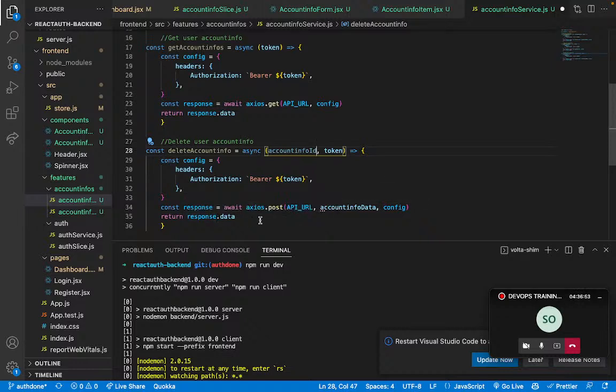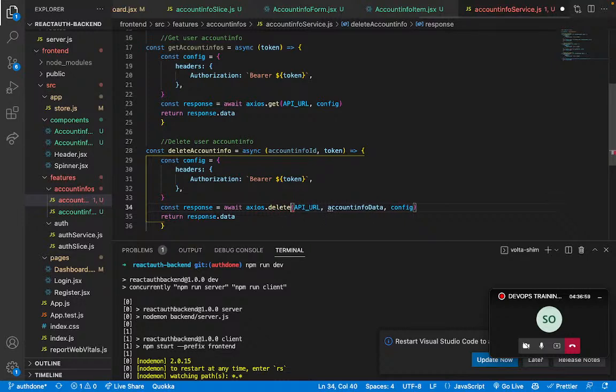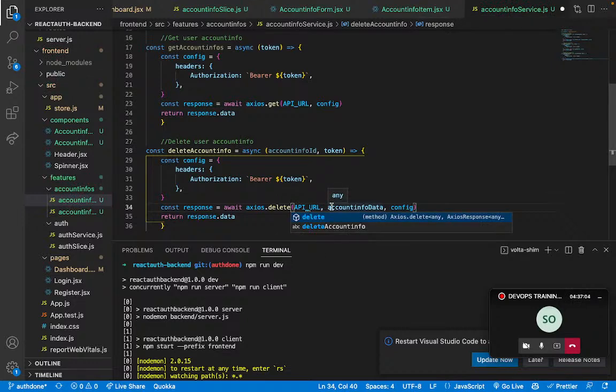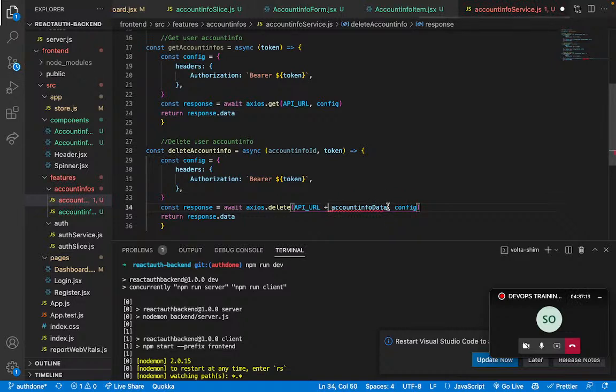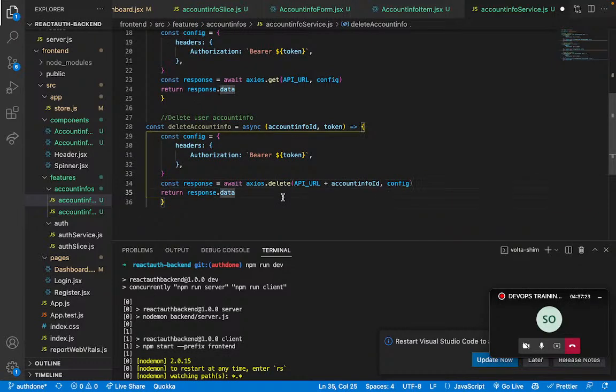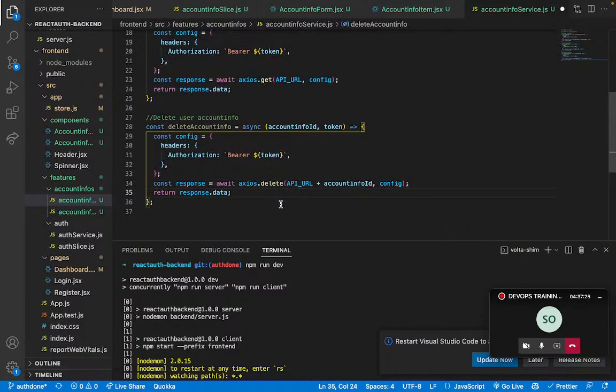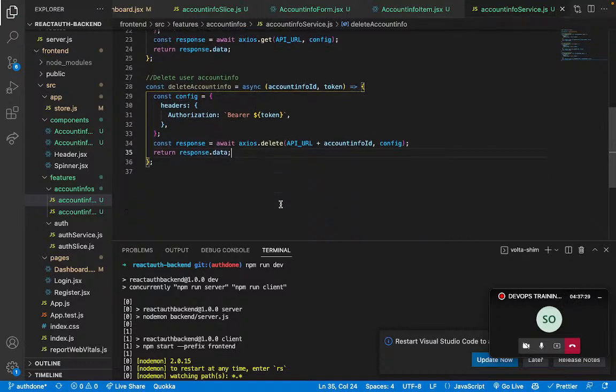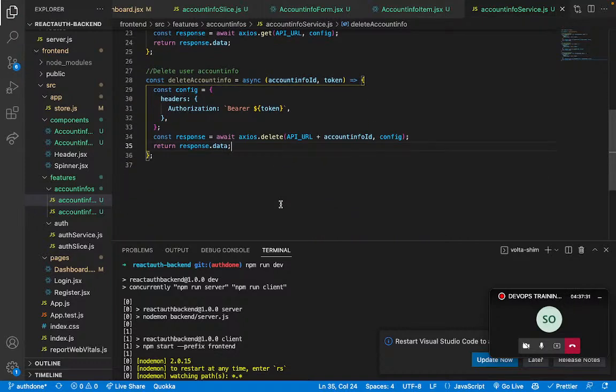Then axios.delete, not post this time around. So still the API URL, but then I'm going to add the ID. So account info ID and config. Okay, so that is that for that. So I'll save and let's